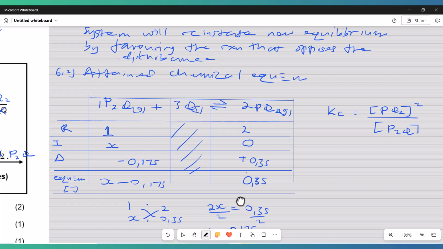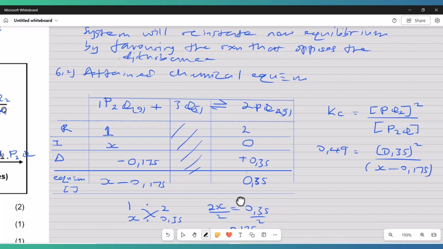Now the Kc was 0.49. Now for the product here we got 0.35 at equilibrium, okay? 0.35, but must be squared, right? Okay, squared. Divided by what? Divided by x minus